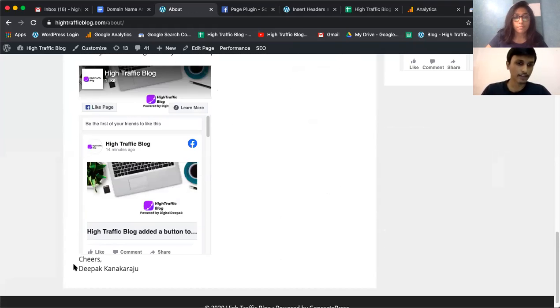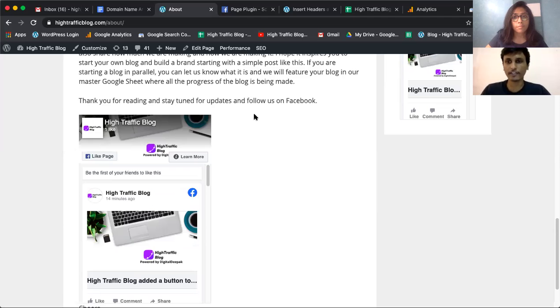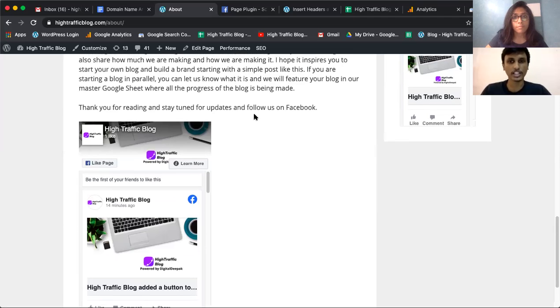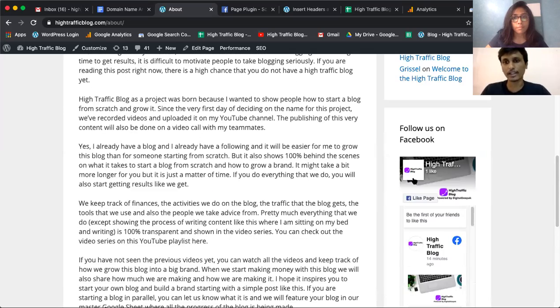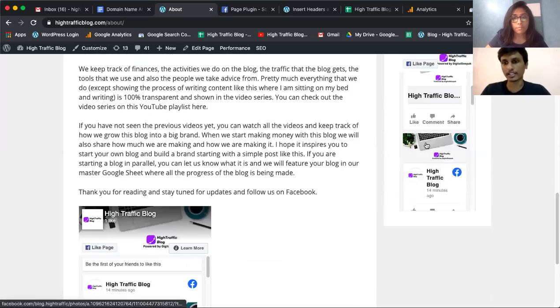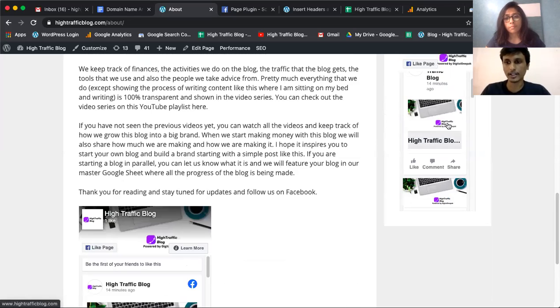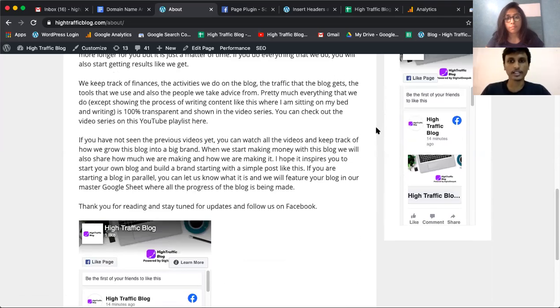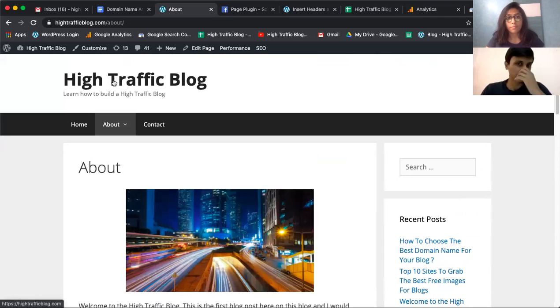You just have to create some space after this code has been deployed. That's it. So you have a Facebook page widget installed. You can also go ahead and put it on the sidebar. Just make sure the width and the height are looking fine as far as the aesthetics are concerned. So yeah, that is done.